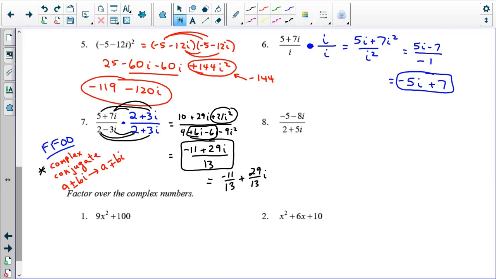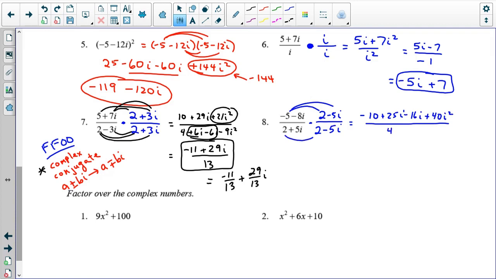Problem 8 is going to be very similar. I'm going to multiply by the complex conjugate. That's 2 minus 5i. Remember, all I have to do is change the sign of the imaginary part in the denominator. So now I'm going to multiply the top part out. That's negative 10 plus 25i minus 16i plus 40i squared, all over 4